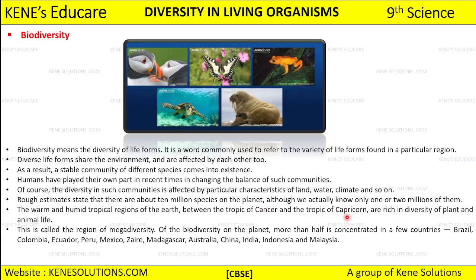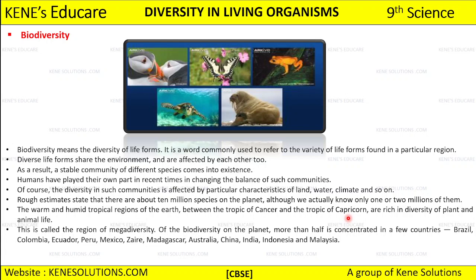Now you might be studying geography as well, right? So I want you all, after this class, or if you have your book in front of you right now: Earth has these humid tropical regions because it is between the Tropic of Cancer and the Tropic of Capricorn. I want you all to see this Tropic of Cancer and Tropic of Capricorn on the map of India.